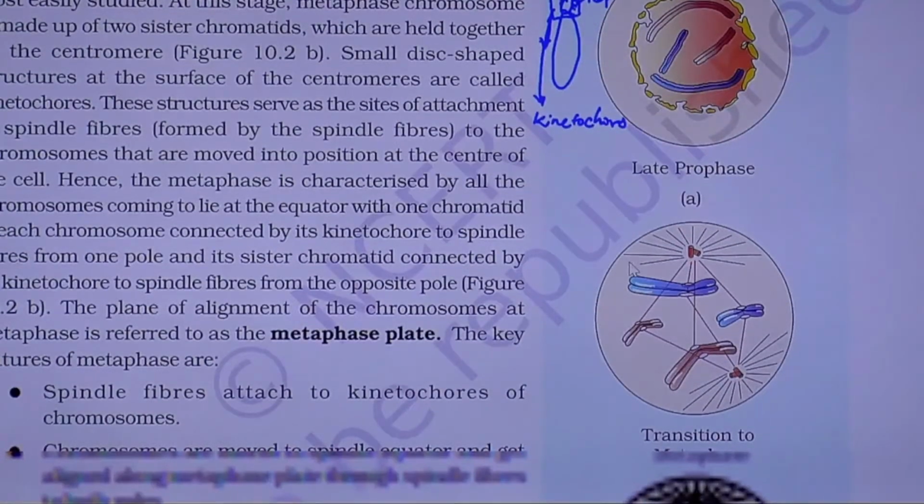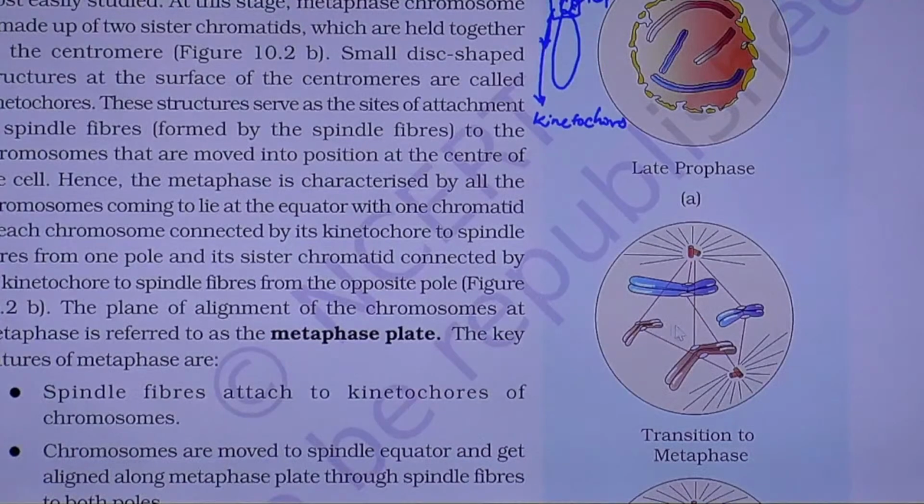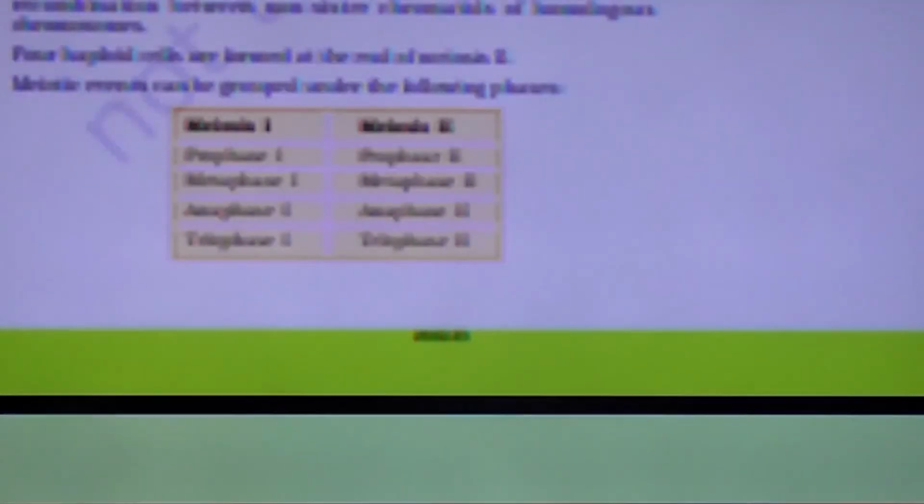Here the transition takes place. In the kinetochores, spindle fibers will be attached, and aster rays will be formed. Through the aster rays, chromosomes will be moved to each pole. Hence, metaphase is characterized by all the chromosomes coming to lie at the equator, with one chromatid